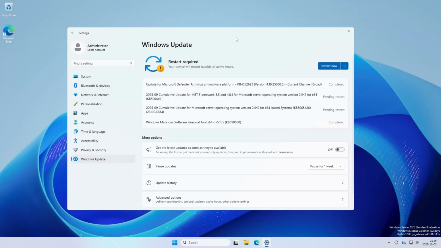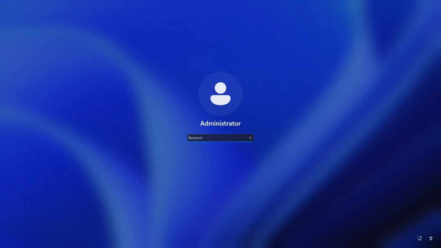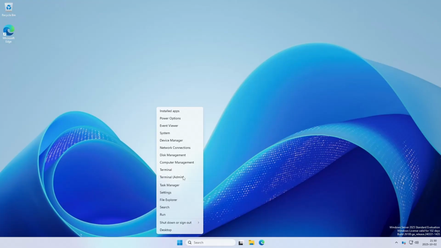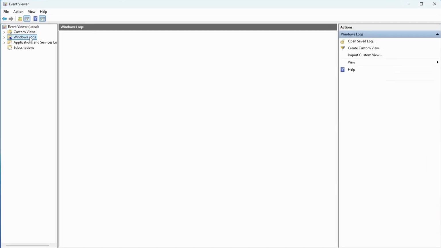Alright, all the Windows updates are installed. Let's do a controlled restart right now. Right, we are back. Let's log in. Of course, we are not met with any unexpected reboot window, but we will do the same this time. We will open the event viewer by right-clicking on the start menu. Go to Windows Logs, System,